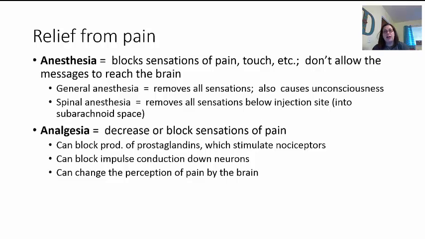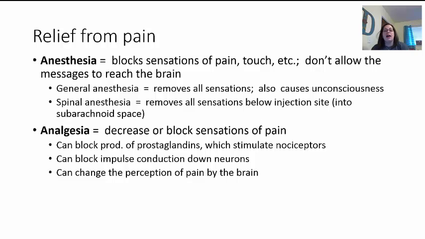On the other hand, we can also have spinal anesthesia. They call this like a spinal block or maybe an epidural. This removes all the sensations below where it's injected. This is going to be injected into the subarachnoid space around that area of the spinal cord. So anything below that area where this has been injected should go numb. You shouldn't feel it, and it may remove certain sensations. An epidural, guys, will remove the pain part, but it doesn't remove the pressure. This allows the woman to know when to push, because the epidurals you normally get when you're in labor.